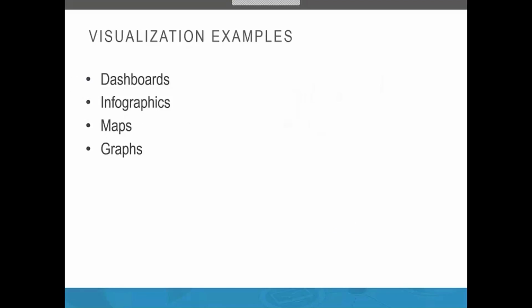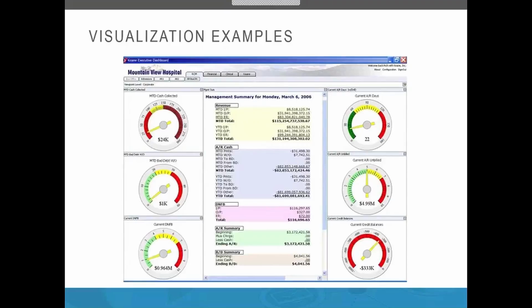So I'm going to talk about some visualizations: dashboards, infographics, maps, which are my favorite, and graphs. Dashboards are great to get data into a format to turn it into information, knowledge, and wisdom. You can also use dashboards to monitor progress on your strategic plan or strategic initiative. It's important to know if the items we are implementing are having the desired effect that we meant for them to. So maybe have a dashboard for each initiative.